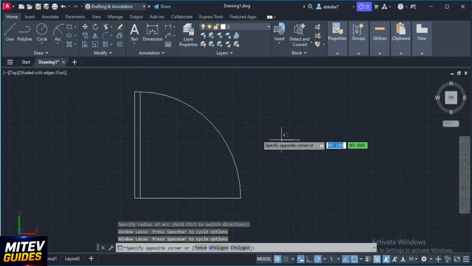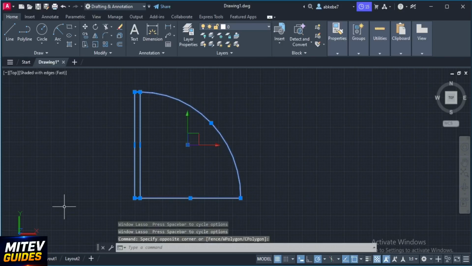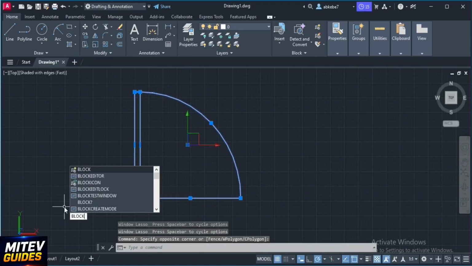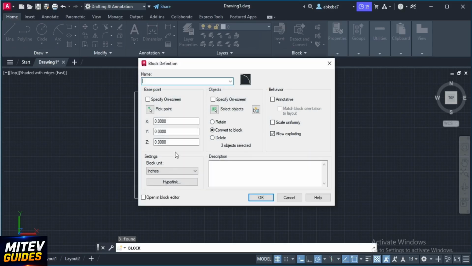First, select the entire door drawing. Next, go to the command line. Type block, then press enter. The block definition dialog will open. Enter a name for your block, choose a base point, verify that your selected door geometry is included, and complete